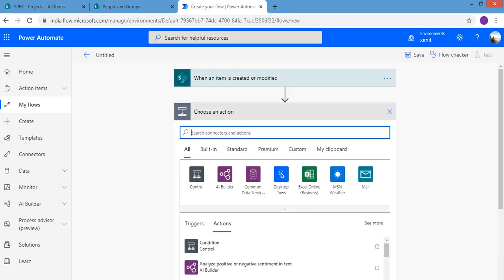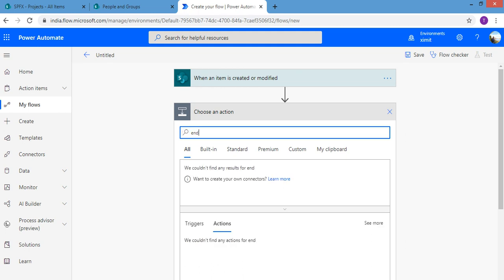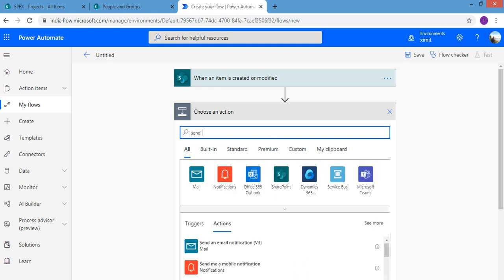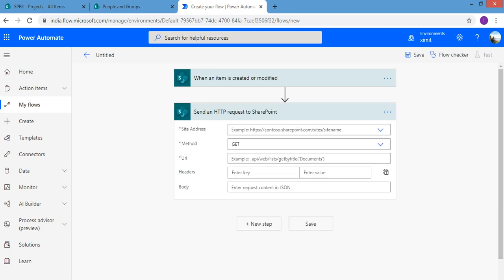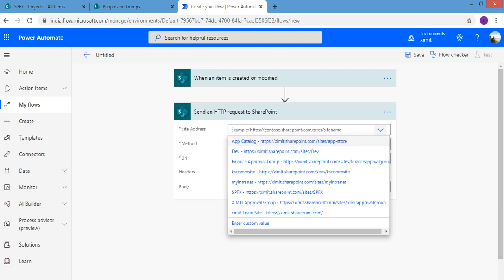Now in the next step, we'll be using the Send an HTTP request to SharePoint action with the POST method, so that we can pick that user from the previous step and add that user to the specific group. So I'm searching for Send an HTTP request to SharePoint. Now I'll make a connection to my site,